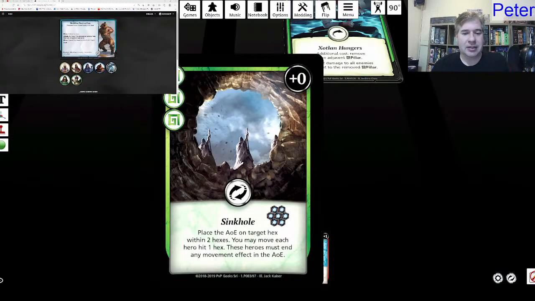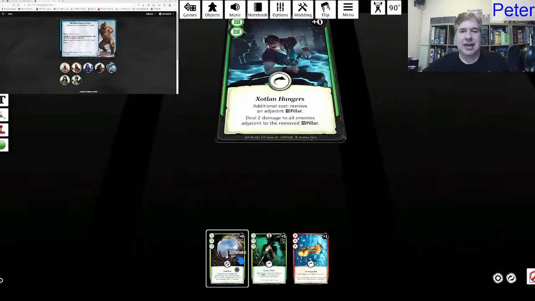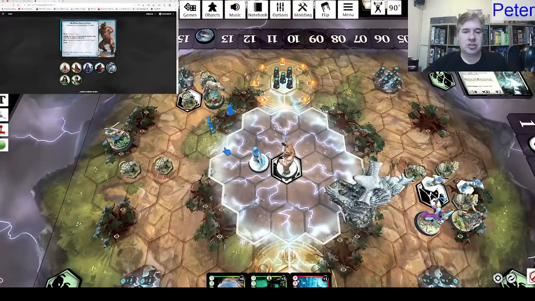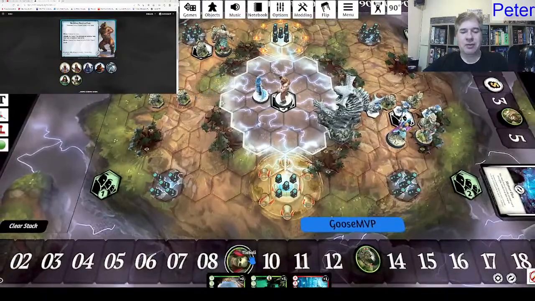Place an AoE on the target hex within 2 hexes. You may move each hero hit 1 hex. These heroes must end any movement effect in the AoE. So you can move them 1 space within the AoE. The reason that's so powerful is, if they're on the dome edge or something else, you can move them in or out of the dome, or if they're 3 spaces away, you can move them a 4th space away. So it's powerful for that, but you know